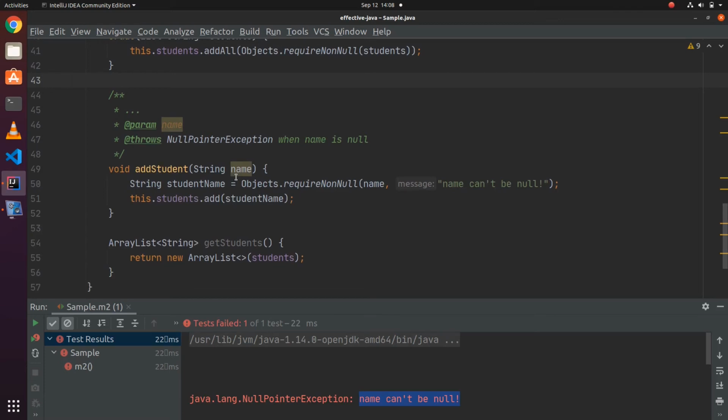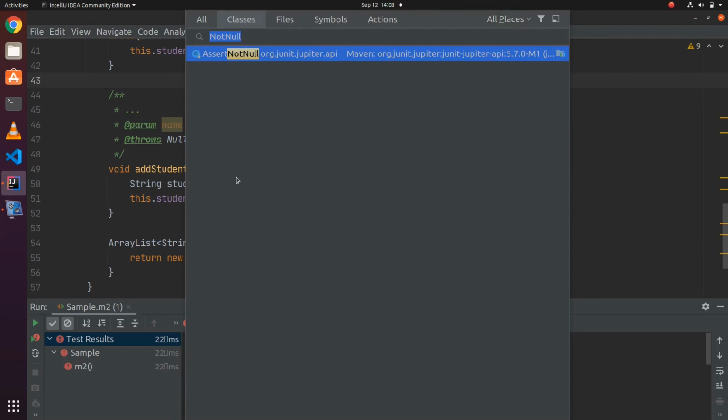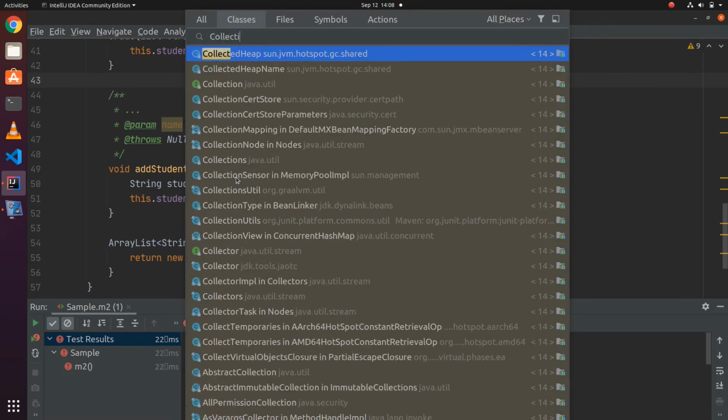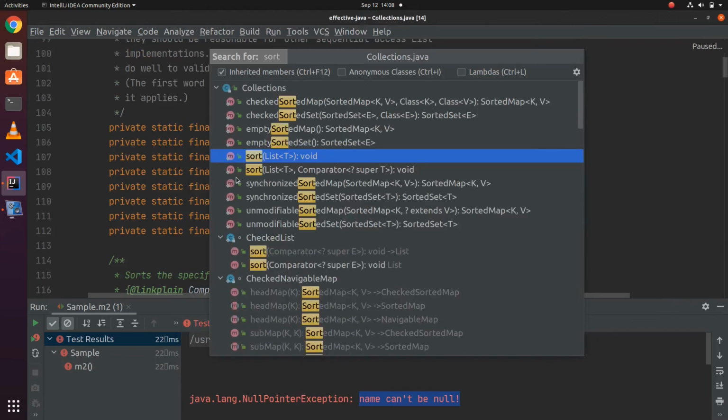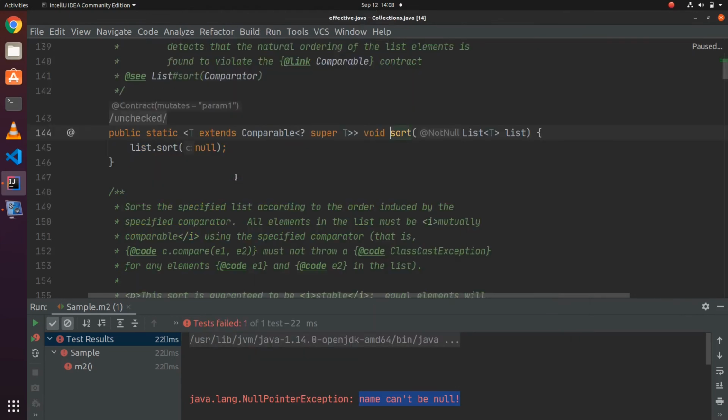Another way is needed because in some cases, checking the validity of parameters will be expensive. For example, let's say we have the sort method in the JDK collections. The sort method takes as input a list of elements. Checking the validity of each and every element in the list will be very expensive. In these cases,